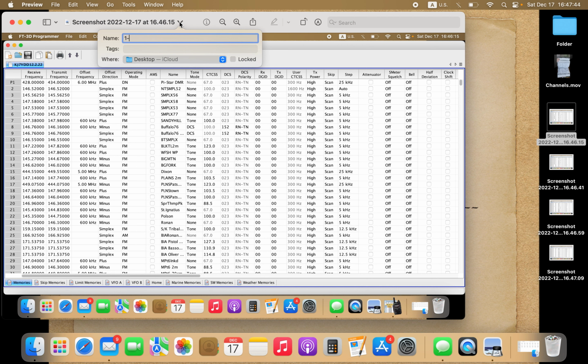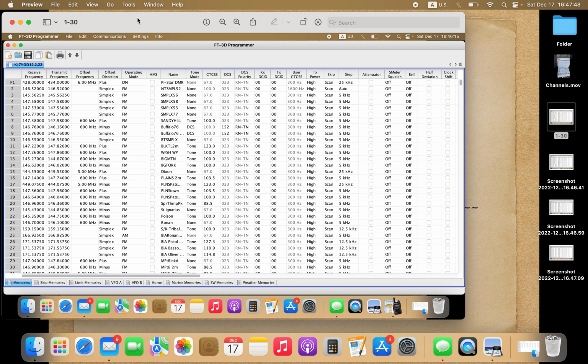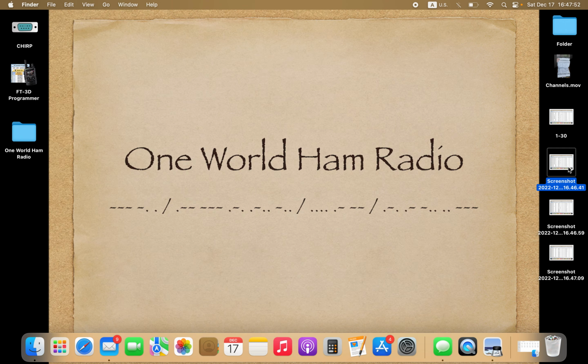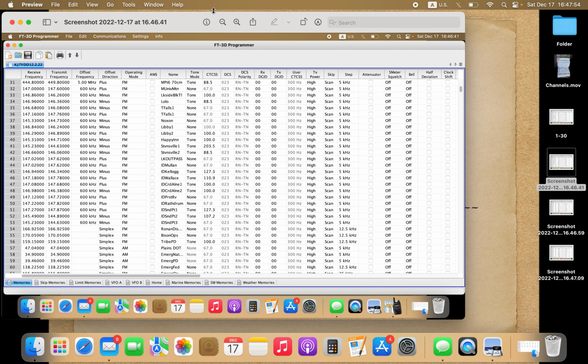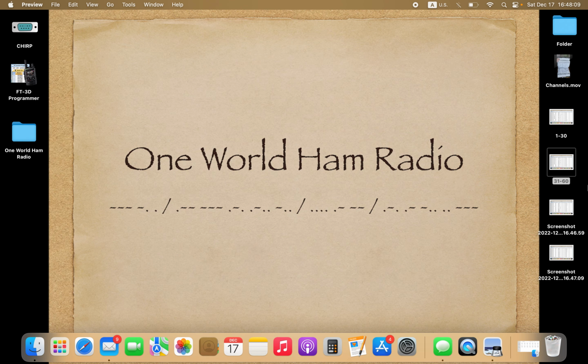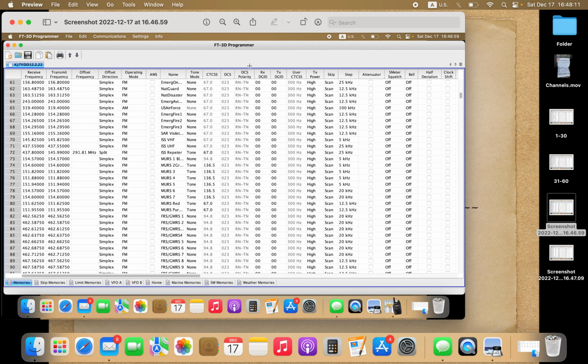So this one captured 1 through 30. Then I click return to save it, to rename it. Then I close it and go ahead and do that to the rest of the screenshots. Hover your cursor over the name, click on the arrow. This one is 31 through 60. I hit return and then it saves the new name, and I close the screenshot, open up the next one,